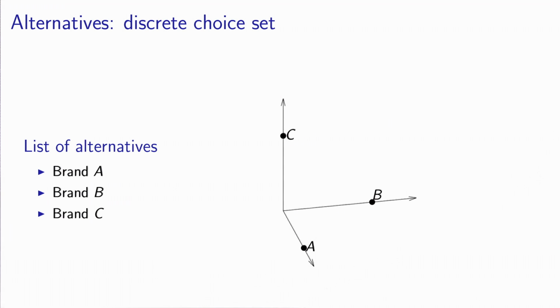So this point here, which is labeled A, corresponds to the fact that I decide to buy brand A. And in this case, I cannot buy brand B or brand C because I can choose only one of these items. So the choice set in this representation is composed of the 3 alternatives which are represented here. This is a discrete set. Interestingly, discrete choice sets have more complex mathematical properties than continuous choice sets, as we will see in the derivation of the models.